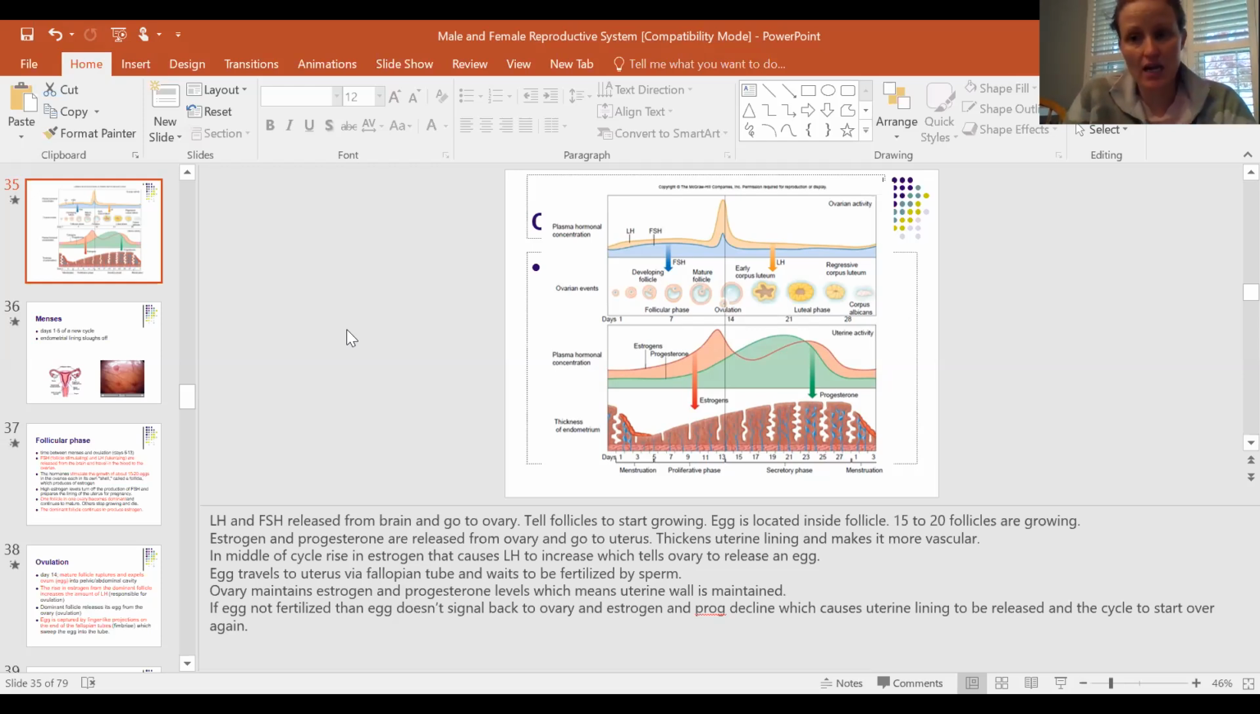So most of the time, a woman is not pregnant. And so what happens is the egg eventually will be reabsorbed, and will stop sending any sort of info back to the ovary. And so estrogen and progesterone will decrease, and that causes that uterine lining to be released. And that's what a woman's period is. So what we're going to talk about today is female infertility, menopause, and what happens actually when an egg is fertilized for a woman, and what happens to maintain that uterine wall. So let's go